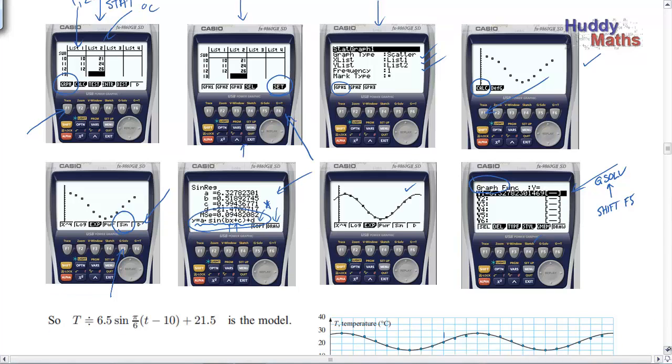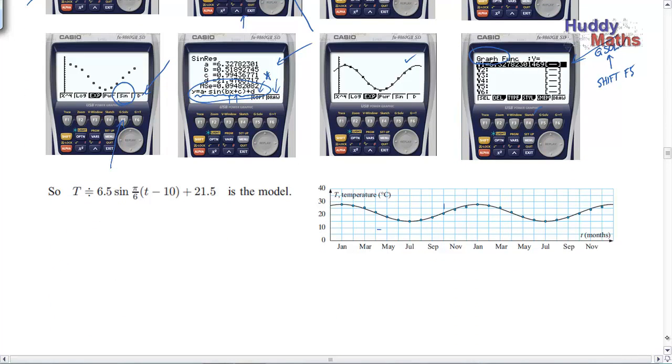So come down, and I'm going to write it out now. So this was the model done by hand. That's where we estimated the max and the min to be roughly the measurements that we observed as the means. Now this model is using a different form, a sine of b(t) plus c, plus d. So t equals a sine b, see the b is in brackets, plus c plus d. So using a different format, so there's two things, the b and the c, but actually more important than that